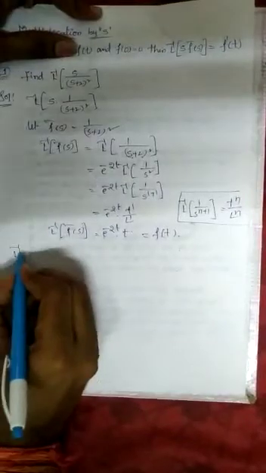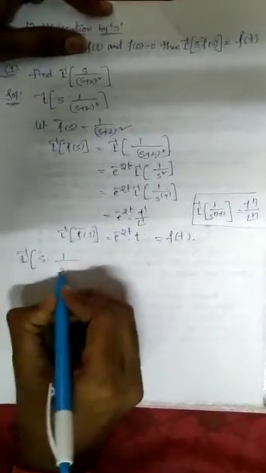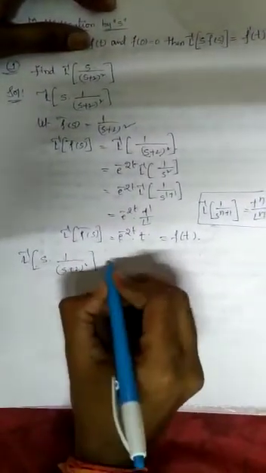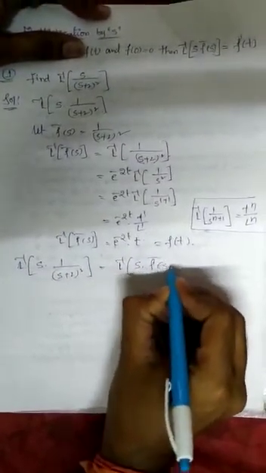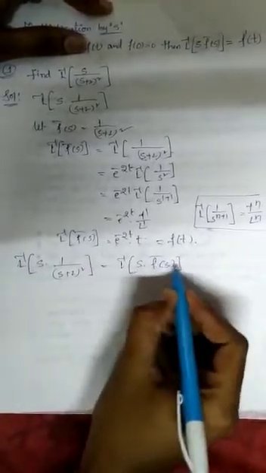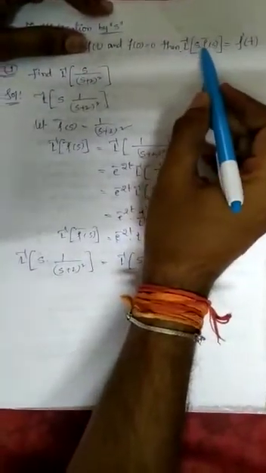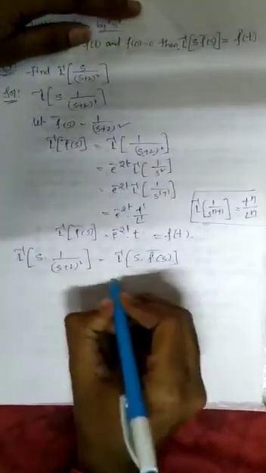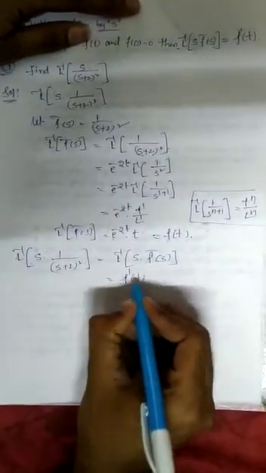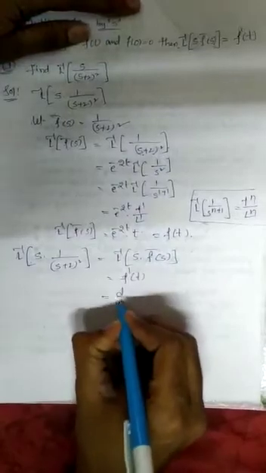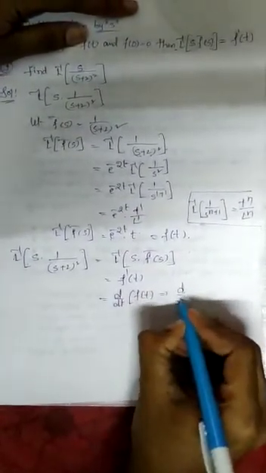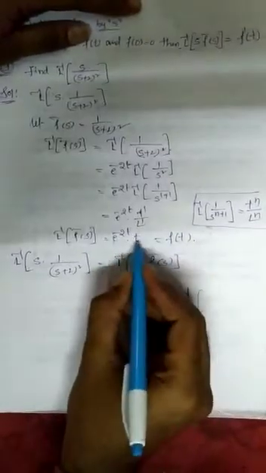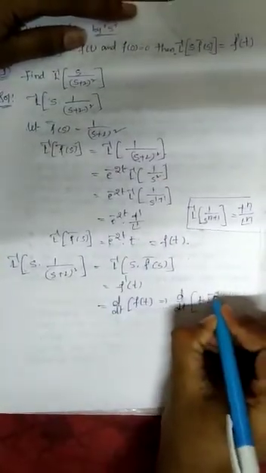Next we need to calculate this value, that is Laplace inverse of s into 1 by (s plus 2) whole square, which is in the form of Laplace inverse of s into f bar of s. This value is f bar of s, so s into f bar of s. Then what is Laplace inverse of s into f bar of s? It is f dash of t. So f dash of t is nothing but the differentiation of f of t, that is d by dt of f of t. So what is f of t? We got t into e power of minus 2t.